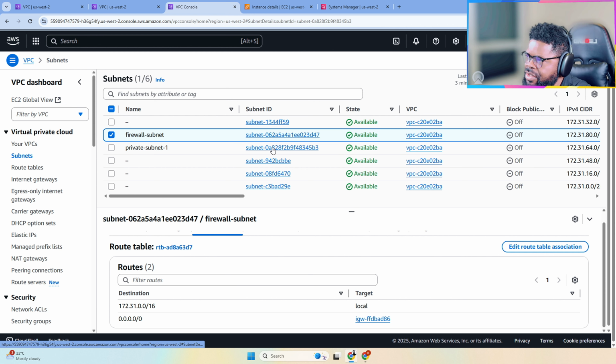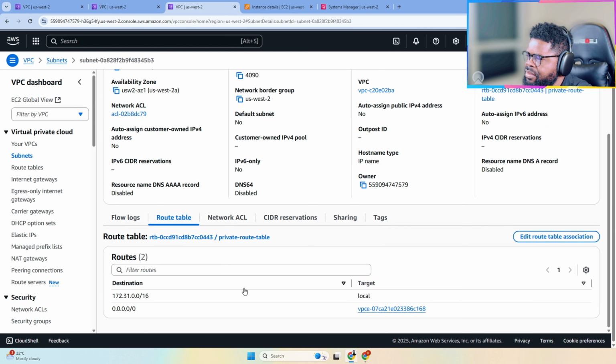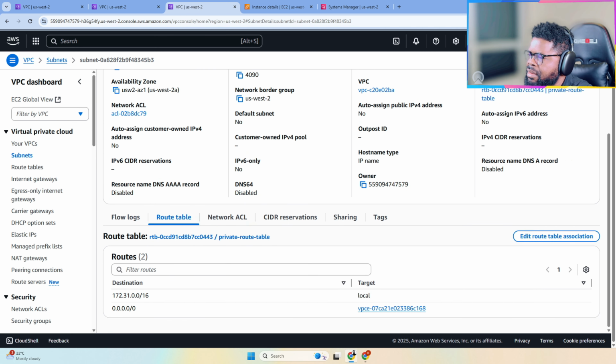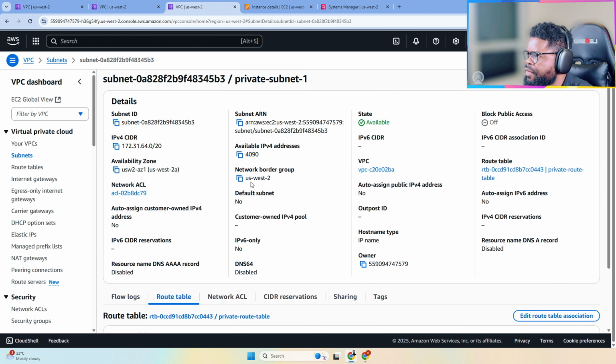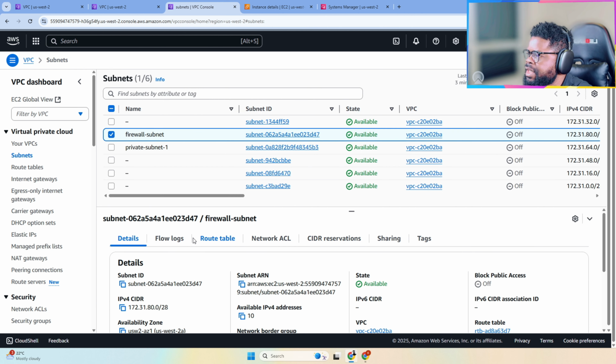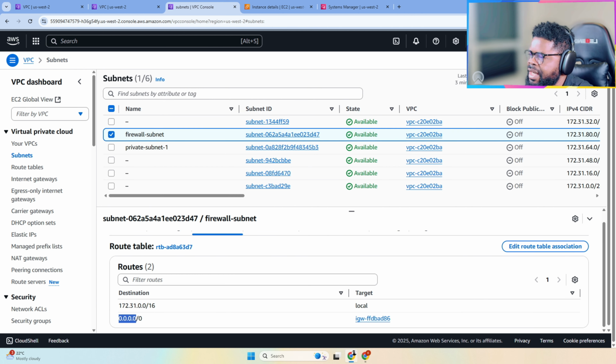There is the private subnet. It has a route table, and the route table is saying yes, if you are going out, go through the VPC, correct. So that one is correct. We're just going to go back to the firewall subnet and check the route table. It's saying if you are going out, use the